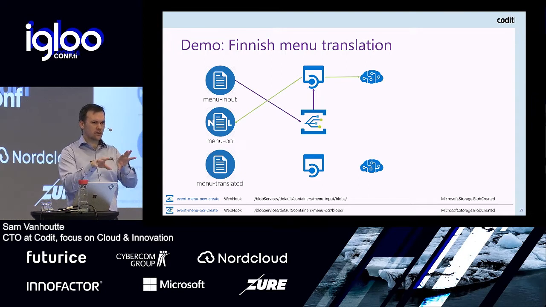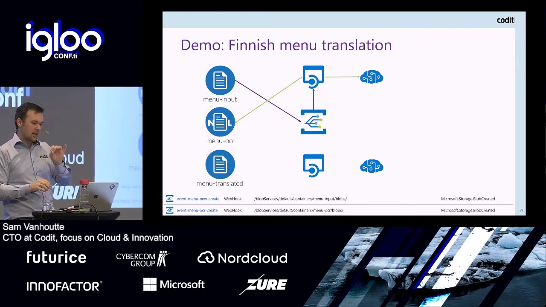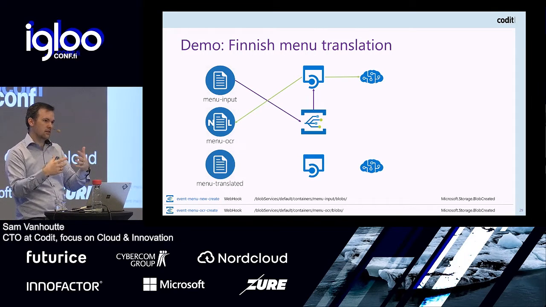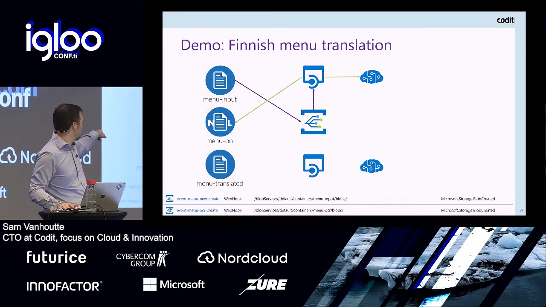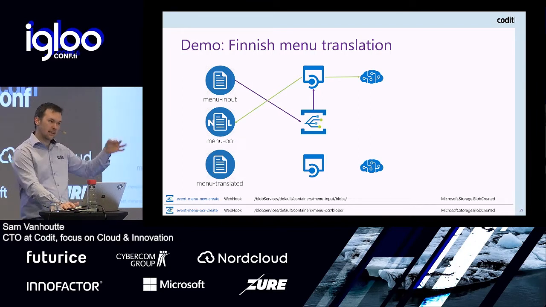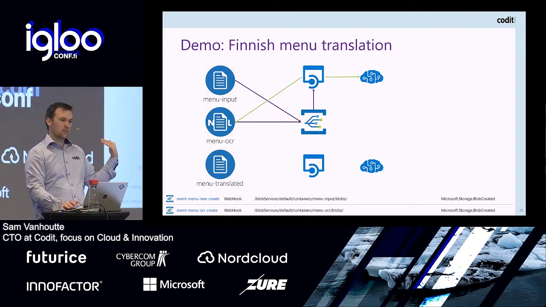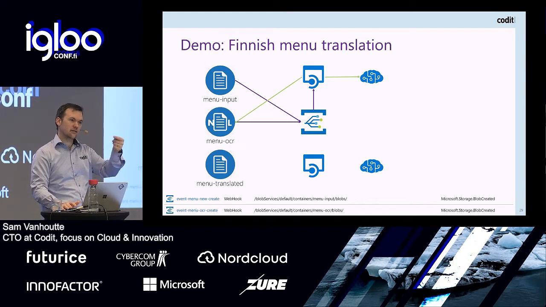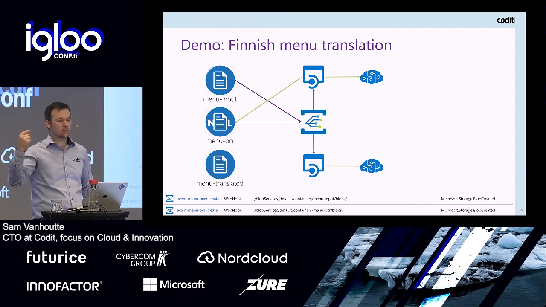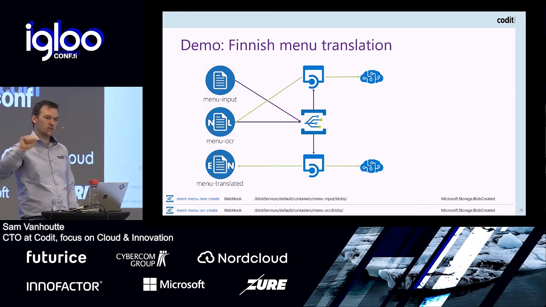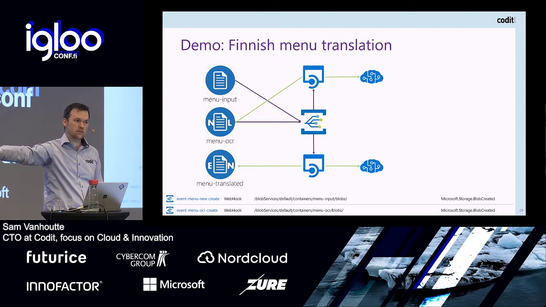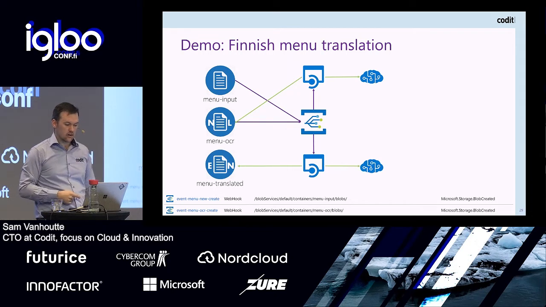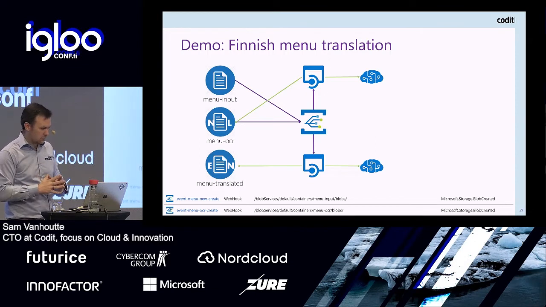So OCR is character recognition from the image. And the output of the OCR would be text, still the Finnish text. And it stores the Finnish text into the menu OCR. And there again, I have a blob trigger that goes to the event grid. And again, I have a different subscription using the filters to say, if it's in that directory, I want to have the other operation called in my API. And that is just calling another cognitive service, which does the translation. So it translates, I believe, into English. And then the translated menu will be stored in the other directory. So that's how it goes in this setup.